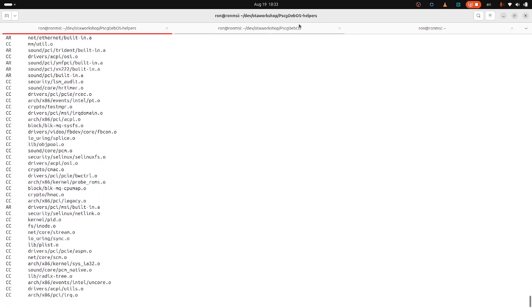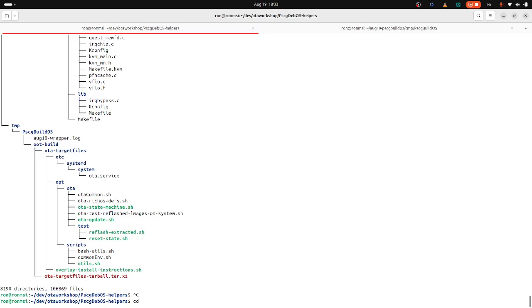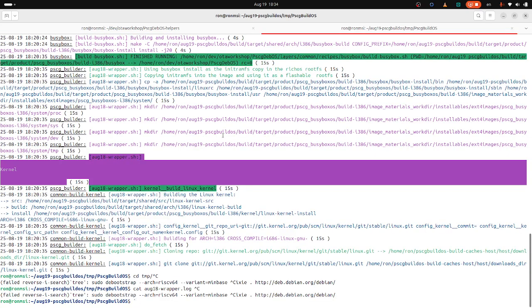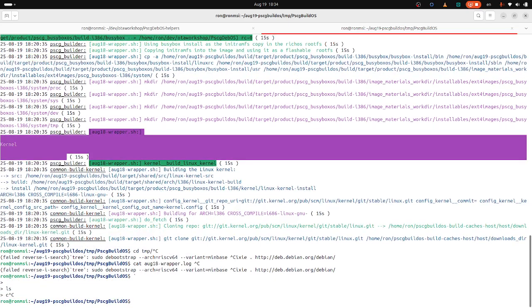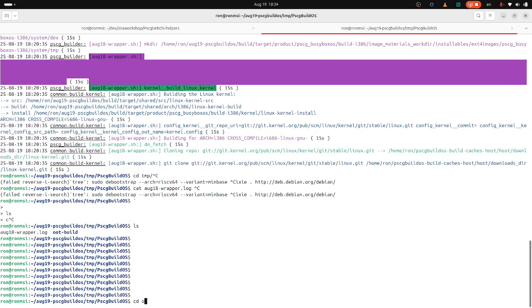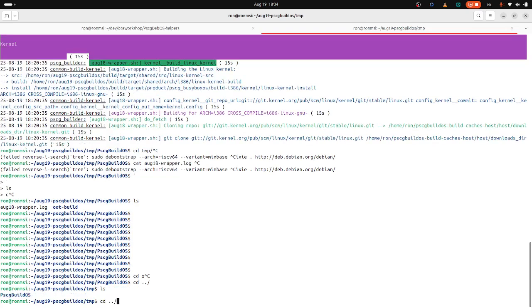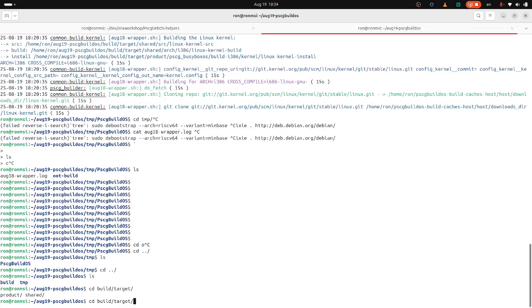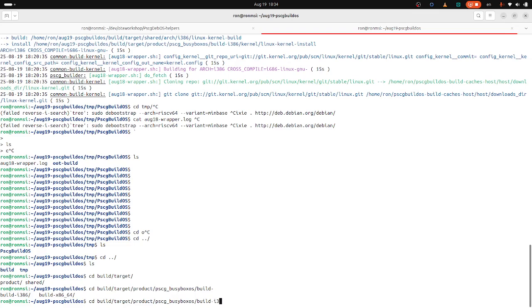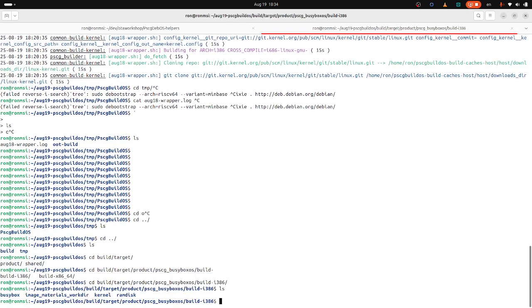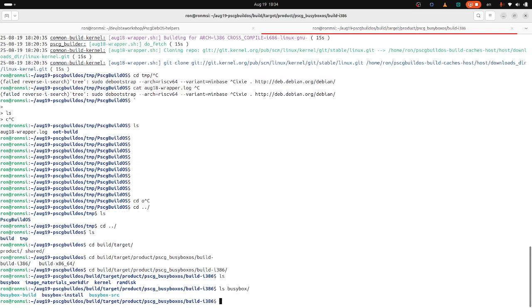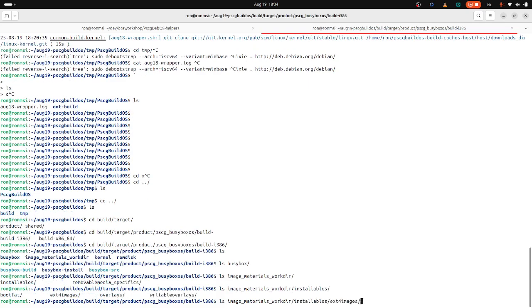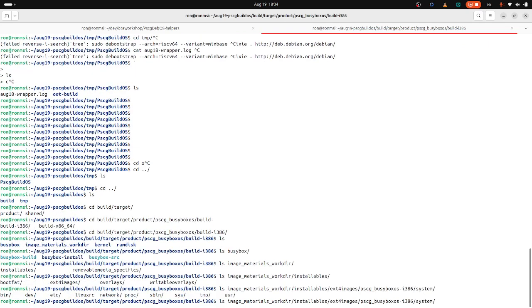But not before. I'll just go to this directory, forget about the Trixie or whatever. I'll go to build here, target, product. We're already building the next architecture, so here we see what's built. This is busybox, the installation. Image material worked here. Installables, ext4 is where we'll have our system, and here we can see that it is